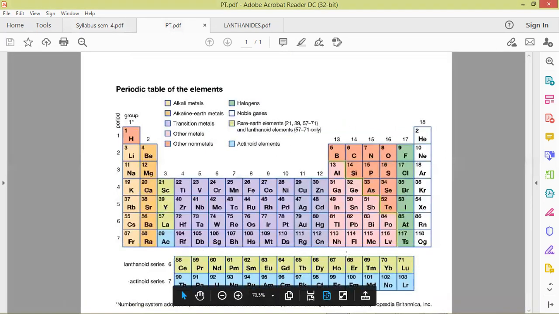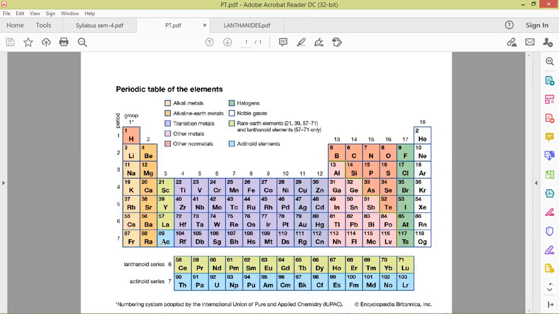the two periods which are separated from the main periodic table, lying below it, are where filling of the 4f subshell for this period and filling of the 5f subshell for this period is done. These elements are lanthanides. These 14 elements which come after lanthanum, that is the atomic numbers from 58 to 71, are called lanthanides, and atomic numbers from 90 to 103 are called actinides. These are called lanthanides and actinides because these are coming after lanthanum and actinium respectively.